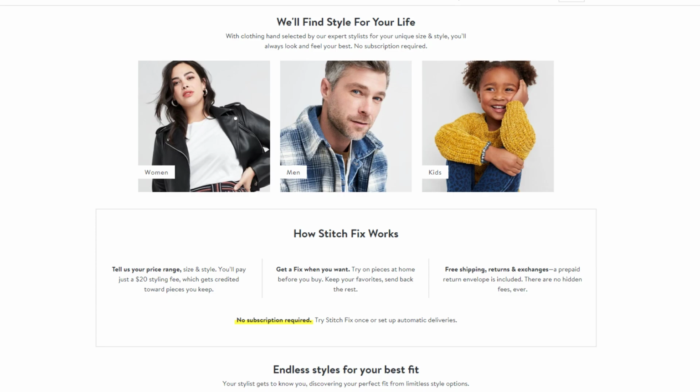But I think it's a really interesting business model. And I've mentioned before that I think clothing retailers will be something that exists long term as far as the physical aspect of it, because people do want to actually test out and try out their clothing in store and see what sizes feel like. That's why I kind of like where this